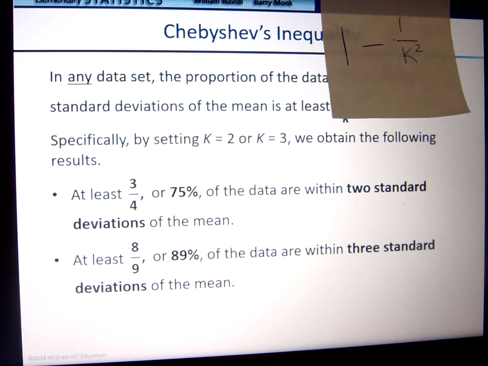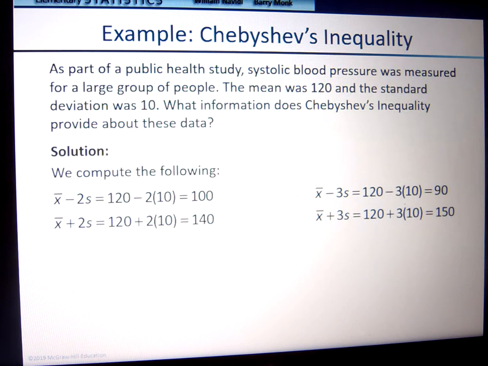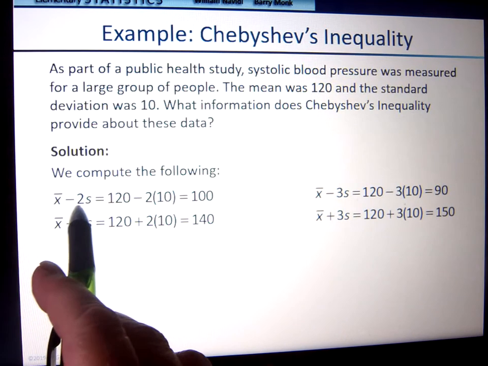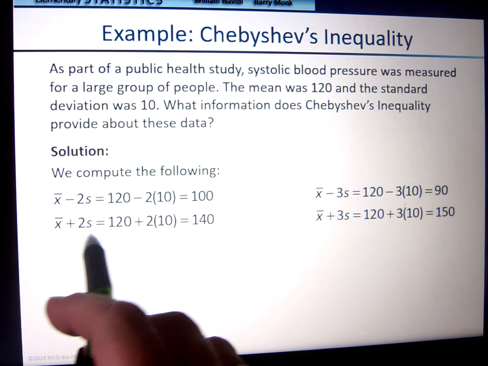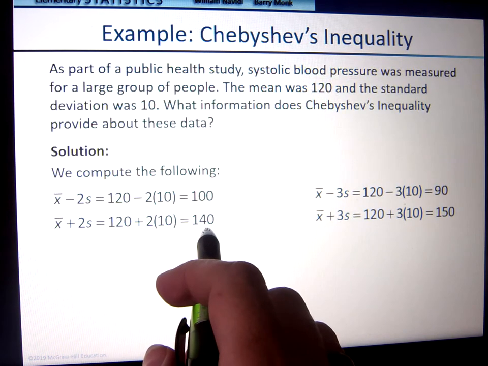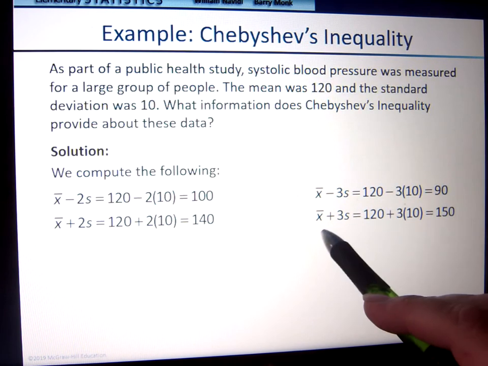So once I find that, here I have a public health example: systolic blood pressure measured for a large group of people. The mean was 120 and the standard deviation was 10. What information does Chebyshev's inequality provide about this data? Simply, we're going to take the mean minus 2 standard deviations to get 100, the mean plus 2 standard deviations to get 140, the mean minus 3 standard deviations to get 90, and the mean plus 3 standard deviations to